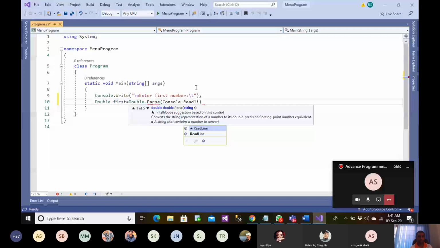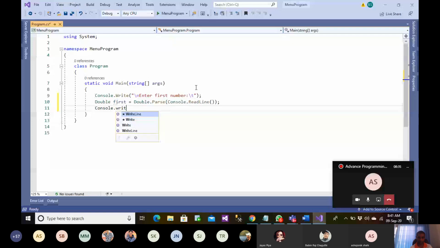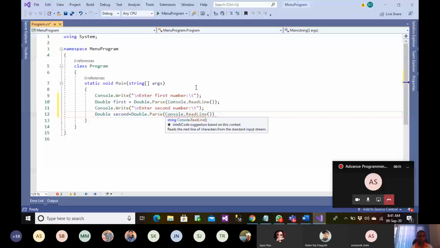Similarly, we also want to read the second number. Double second equals double.Parse. All right, so we just read the first number and second number. Let me clear the screen now.